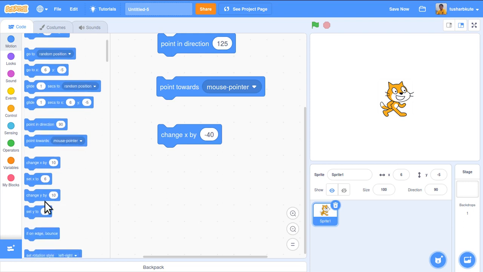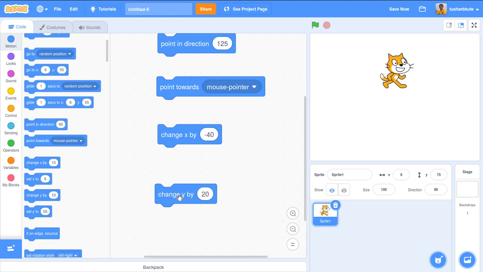If I want to change Y, that's also possible. Change Y by. If I want to move it toward the up direction, let's make it Y by 20. Up, up, up, up, because vertical is the Y axis, so it will move in the vertical direction upward by plus 20.